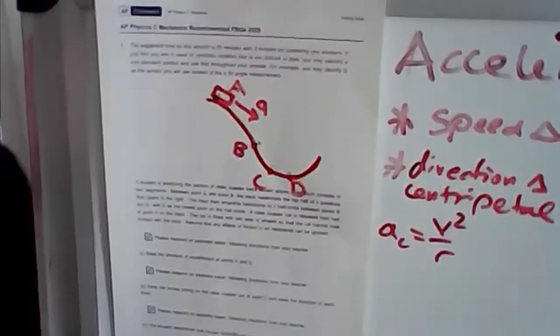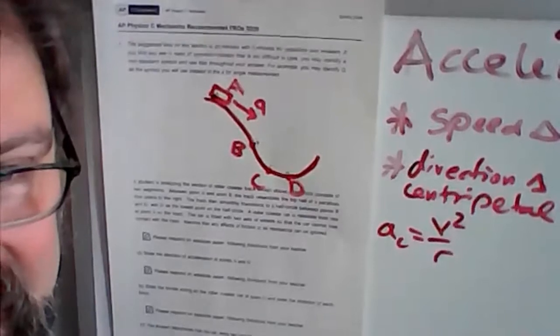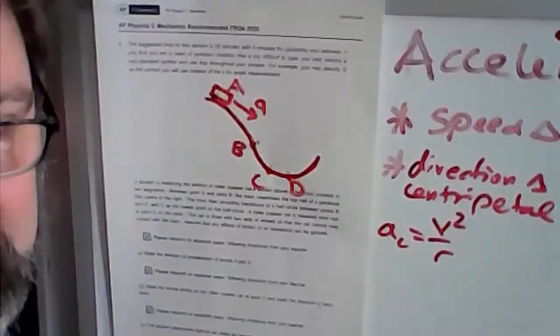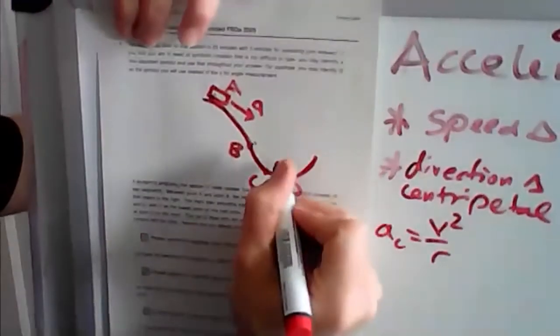Okay, now at point C, and then they ask about, do they ask for point D as well? Let me see. Yeah, they asked for A, C, and D. Let's actually answer A and D. State the direction at points A and D. Okay, good. So at the bottom,